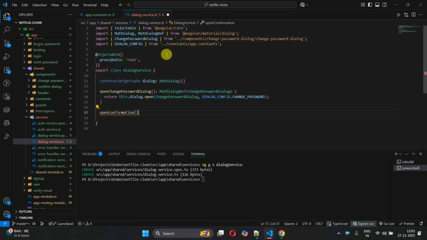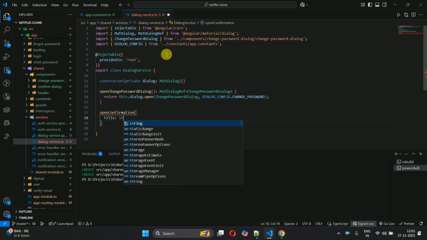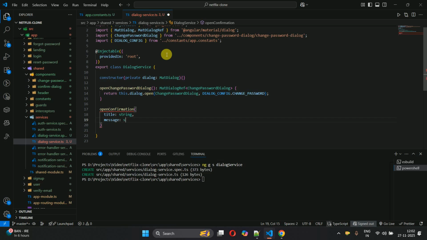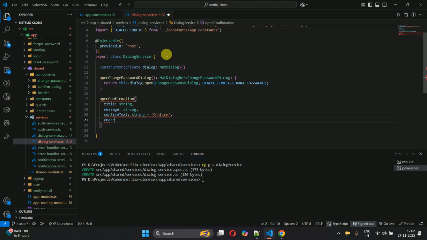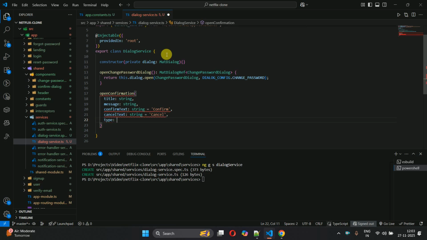so openConfirmation, and in this one we have title, of string type, and then message we are expecting, this will also be a string type, and then we have confirmText, which will also be a string type, and by default the value for this case is Confirm, and cancelText, it should be of string type, and the value for this one will be Cancel, and type we also need to pass, like what type of dialog we have to show, the warning or information dialog, so we are expecting warning or danger or info, and by default it will be warning,